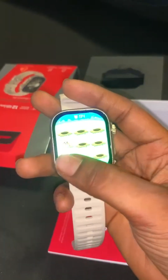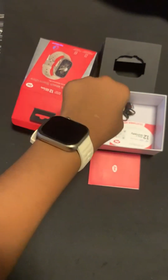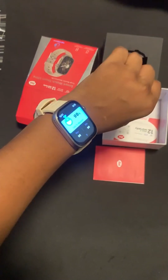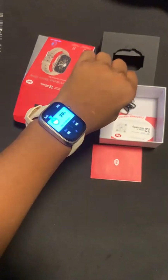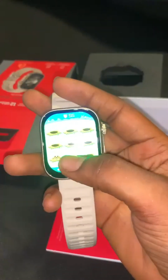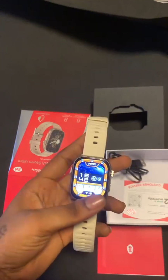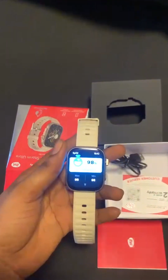The first thing I notice is its sleek and lightweight design. It definitely looks premium for a budget-friendly device. Itel has gone for a round dial design, giving it a more traditional watch look. The strap feels comfortable and durable, making it great for all-day wear. The display is a full-color touchscreen, and while it's not AMOLED, the brightness is decent enough for indoor and outdoor